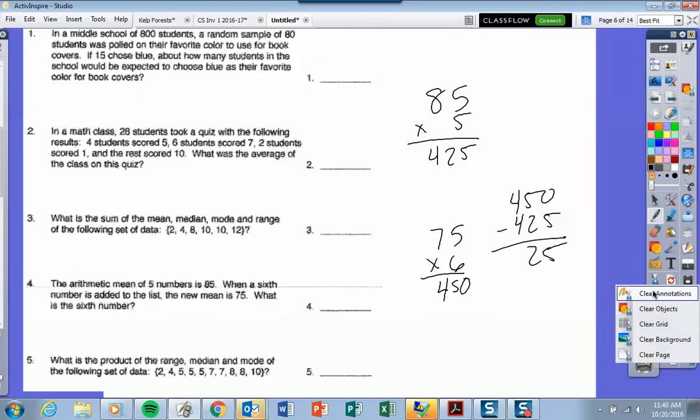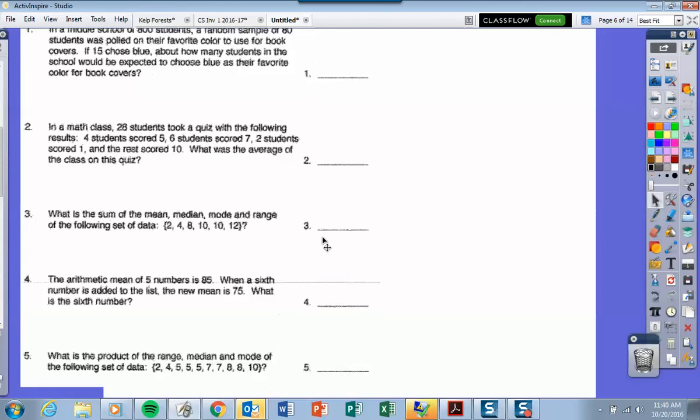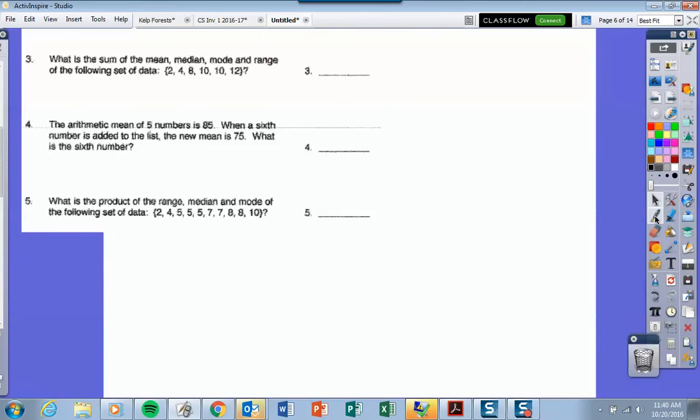Alright, right at the bottom there, just missed it. What is the product of the range, median, and mode of the following sets? Our product means to multiply. So to find the range, again, that's the easy one, highest minus lowest, which is 8. The median is the middle number. Because there are 1, 2, 3, 4, 5, 6, 7, 8, 9, 10 numbers, we're going to find the middle